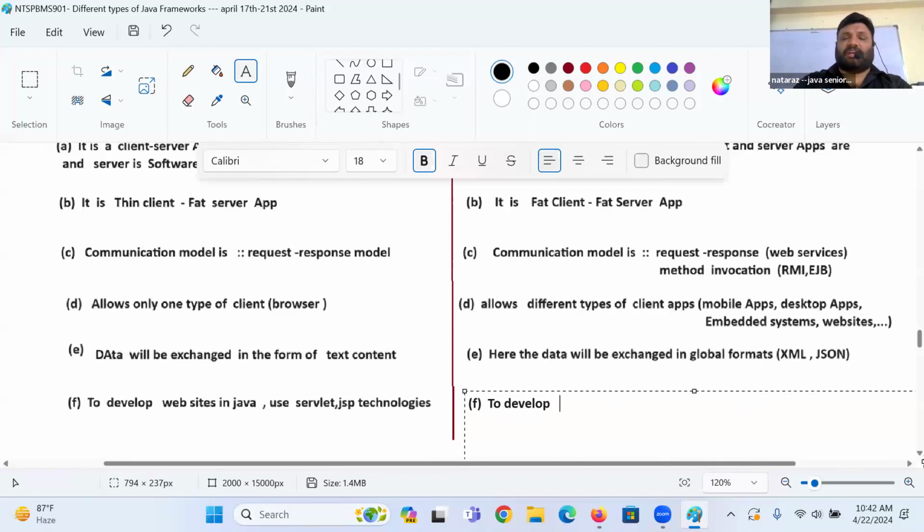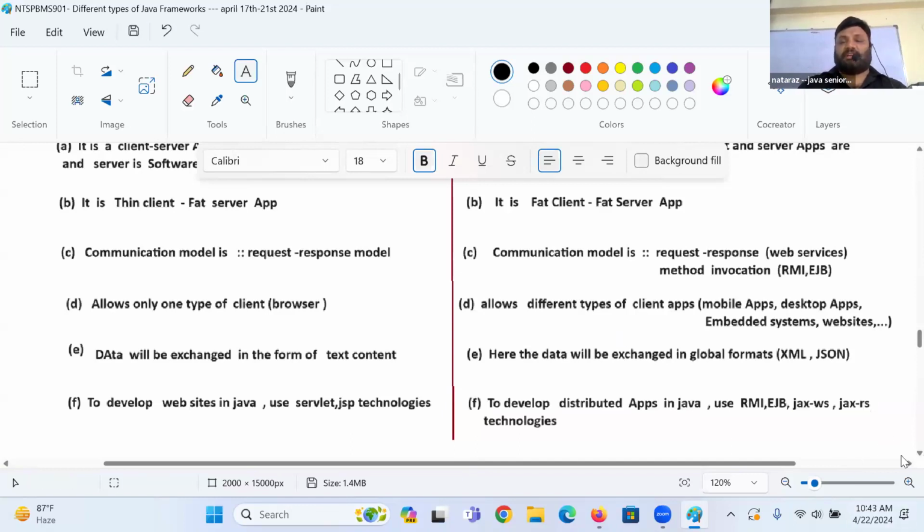To develop distributed applications in Java, use what is there? RMI, EJB, JAX-WS in web service model, right? JAX-WS, JAX-RS technologies.